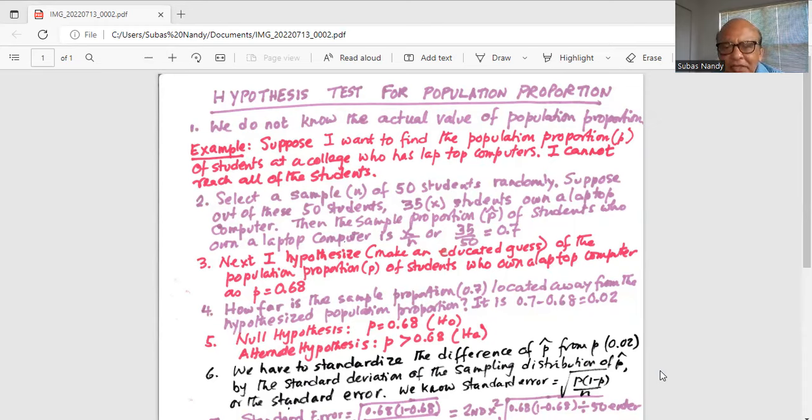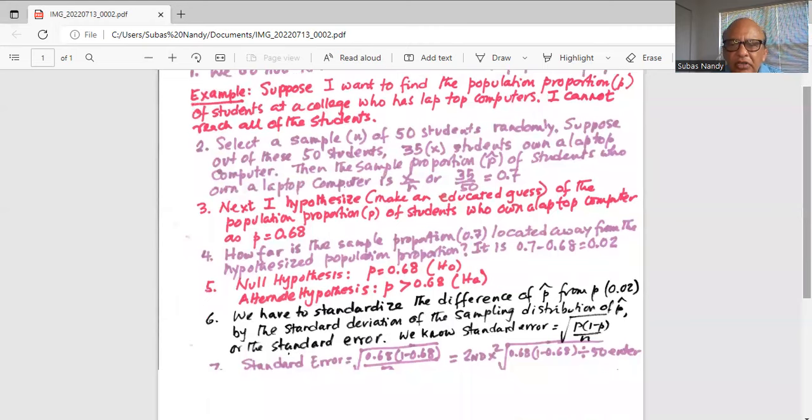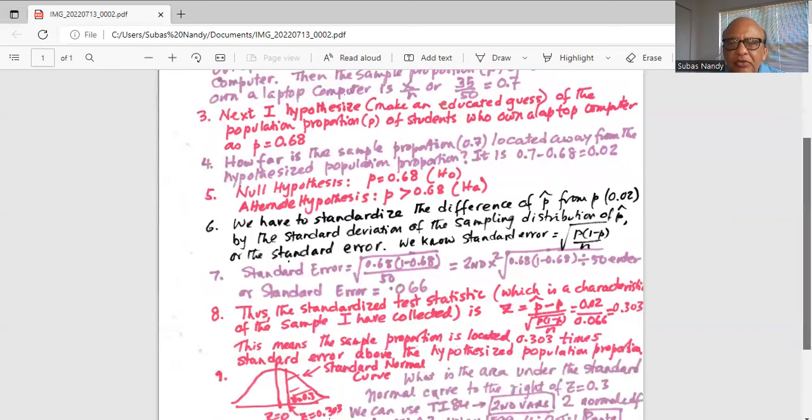We have to standardize the difference of P hat from P, which is 0.02, by the standard deviation of the sampling distribution of P hat, which is also called the standard error. We know the standard error of the sampling distribution of P hat is given by the formula square root of P, the population proportion, times 1 minus P, divided by N, everything inside the square root. So in my case, the standard error is the square root of 0.68 times 1 minus 0.68 divided by 50, which